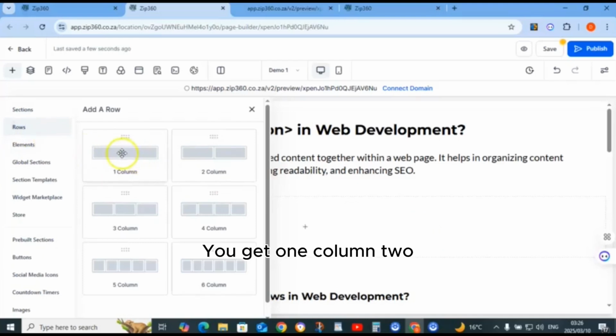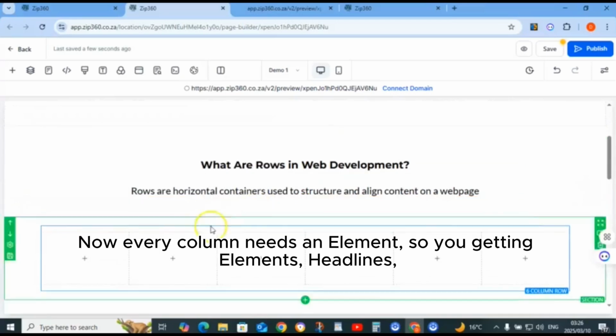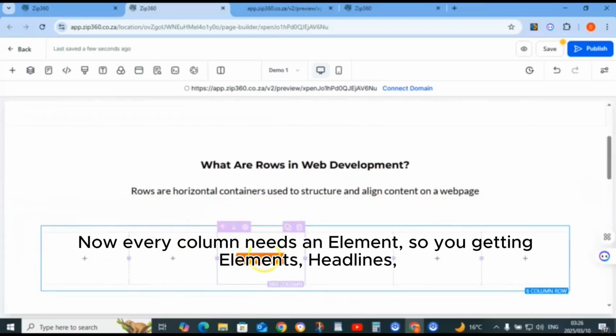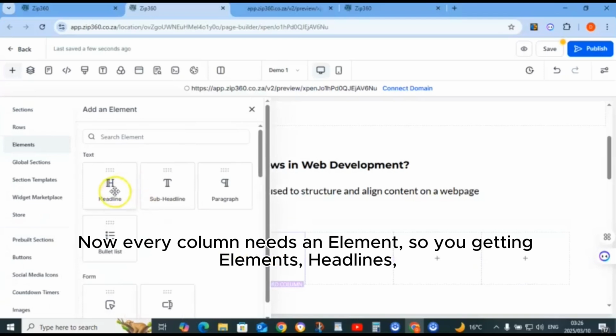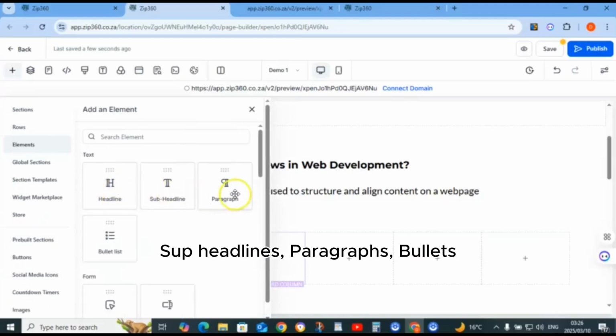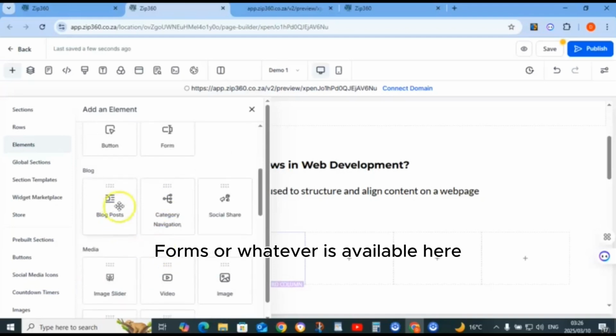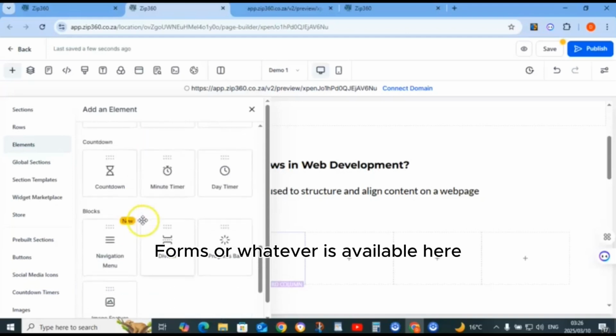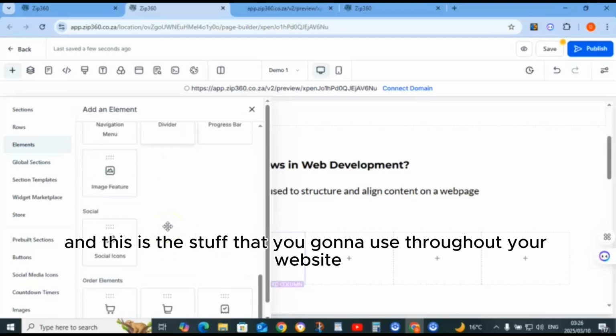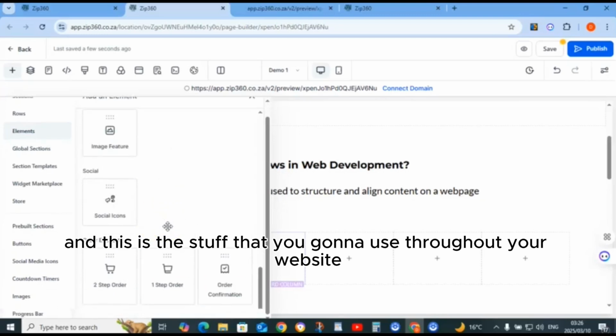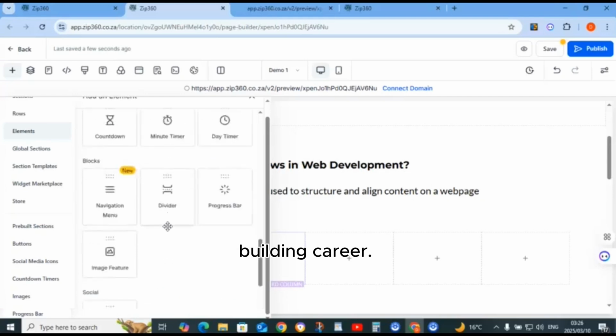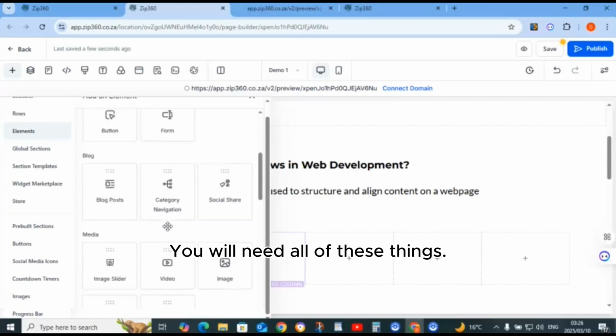You get 1 column, 2, 3, 4, 5, or 6 columns. Okay, now every column needs an element. So you're getting elements, headlines, subheadlines, paragraphs, bullets, forms, or whatever is available here. And this is the stuff that you're going to use throughout your website building career. You will need all of these things.